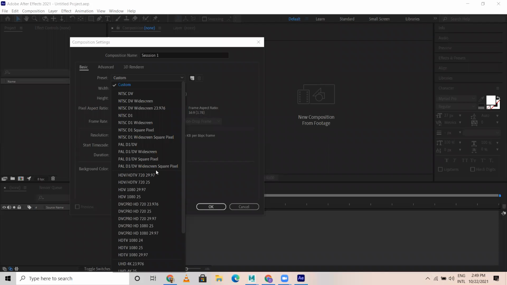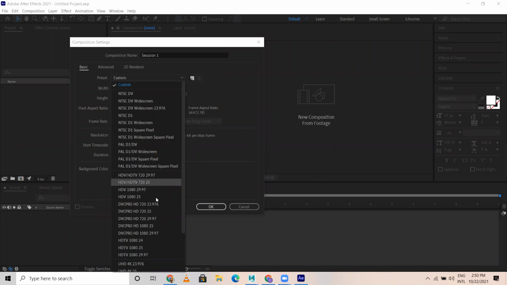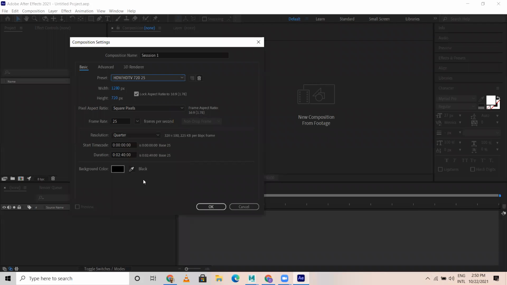So now what I'm doing is I'm just selecting HDV 720. 720 is for half HD. 1080 is for full HD. I'm just selecting half HD. So you can see half HD width and height is 1280 by 720.